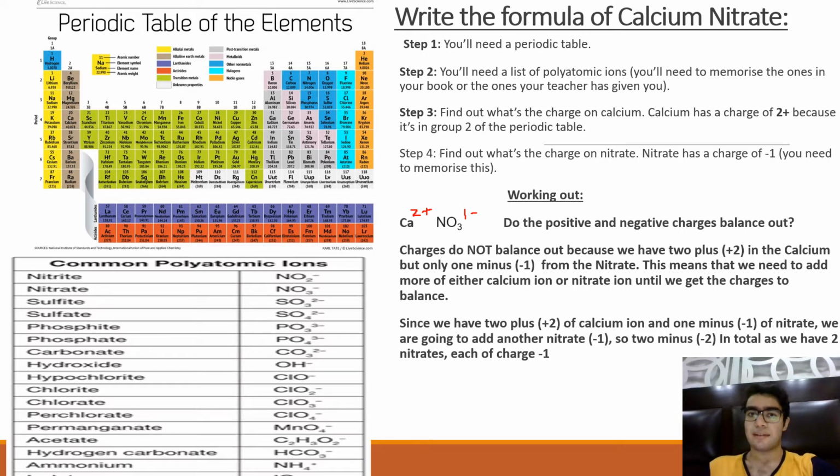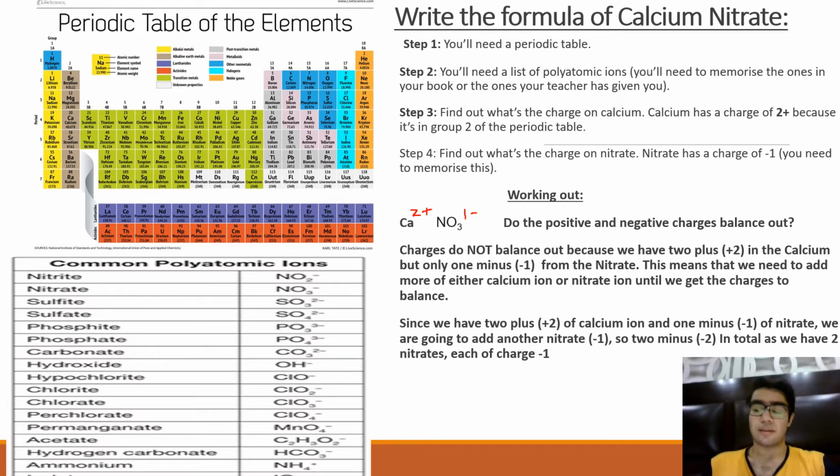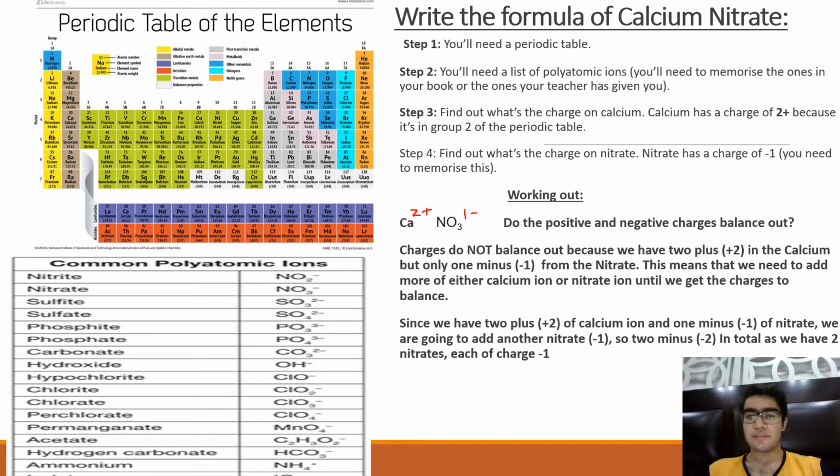So there's an imbalance of charges. The positive and the negative charges should be equal in order to be balanced, okay? But they are not. So charges do not balance out because we have 2 plus in the calcium but only 1 minus from the nitrate. This means that we need to add more of either calcium ion or nitrate ion until we get the charges